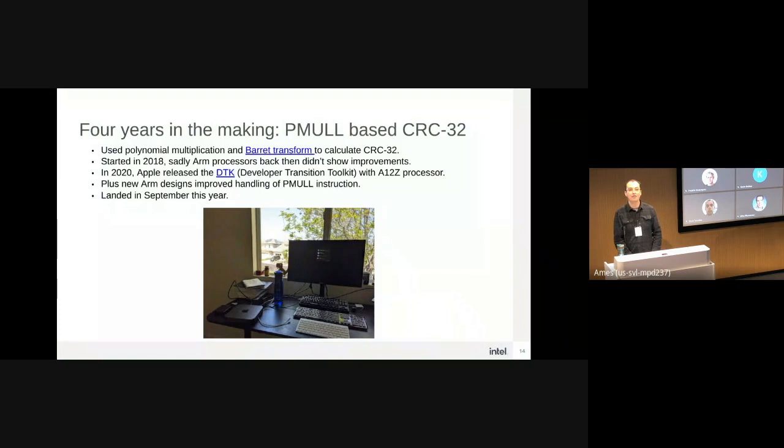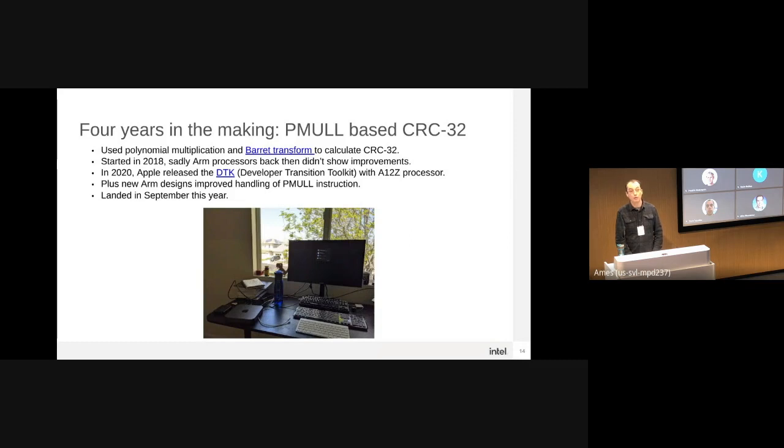So 4 years ago, we had a PMU based CRC32. CRC32 is a checksum that is performed when you decompress the data to validate if the data integrity is okay. And PMU stands for polynomial multiplication. It's an instruction available on ARMv8 architecture and uses a Barrett transform that was suggested by an Intel researcher, I